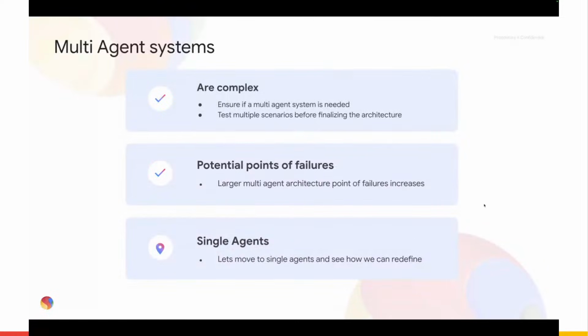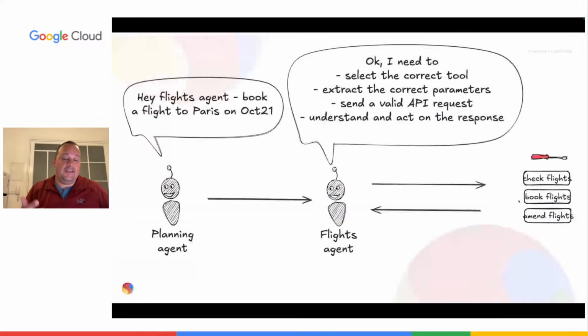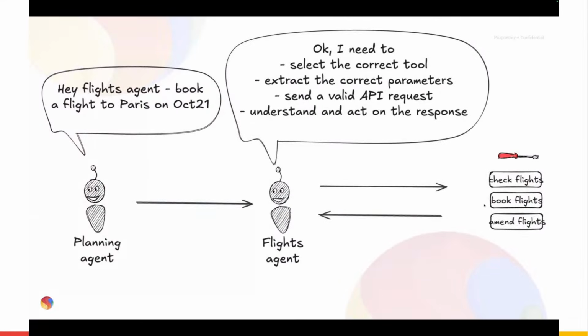In order to do that, we need to take a more granular step. Once we are starting to build our agent system, we do not look at the overall system, but maybe we look just at a single agent and test the functionality of that single agent. So let's have a look at what that looks like. In our multi-agent system, let's only look now at the planning agent who gives a task to the flights agent, and the flights agent is the single agent that we want to evaluate.